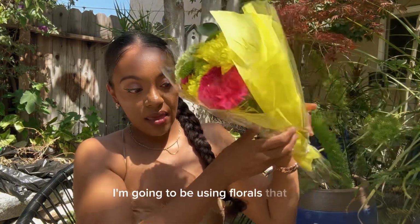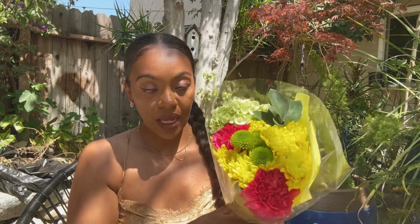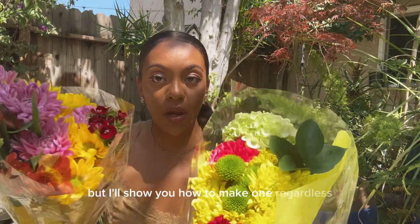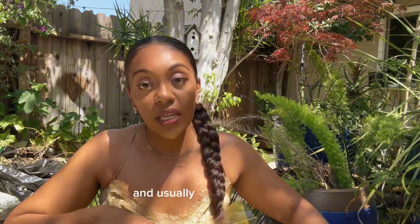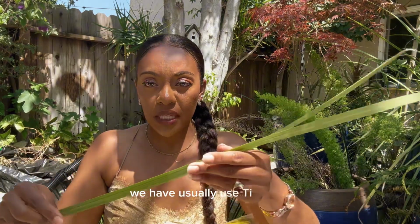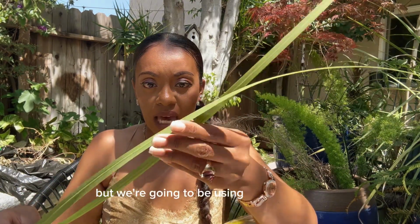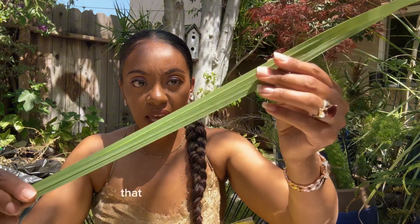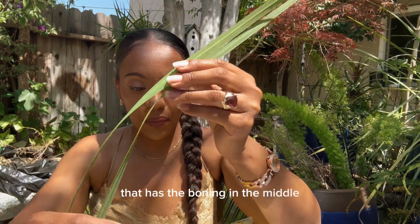Now, of course, I am in California, so I'm going to be using florals that are not traditional tropical florals, but I'll show you how to make one regardless. And usually we're going to need flowers. We have usually used ti leaves, but we're going to be using this plant here. I'm not sure what plant this is, but you're going to want a leaf that has the boning in the middle,